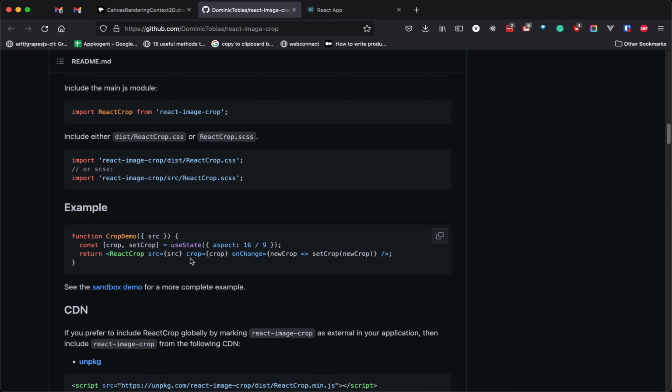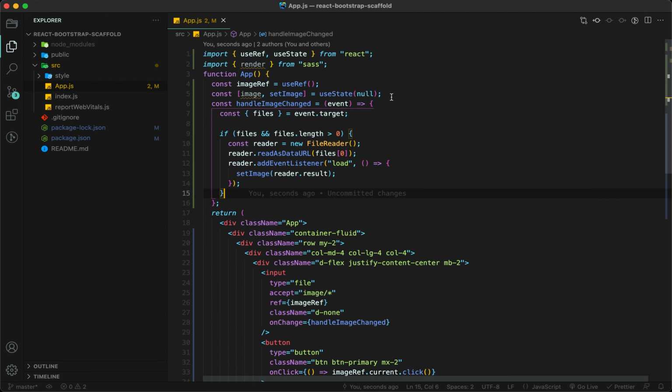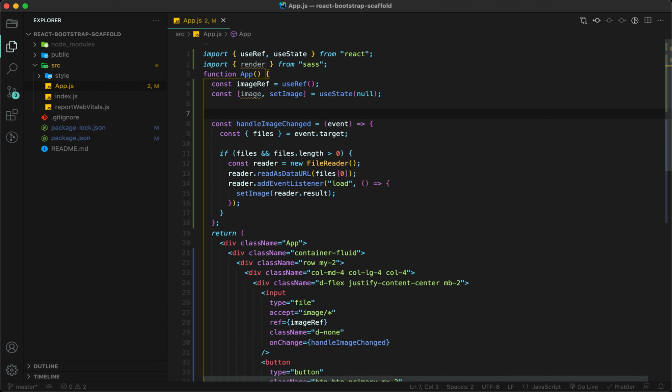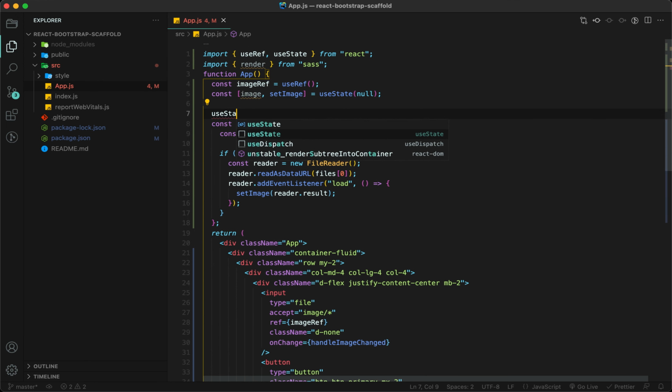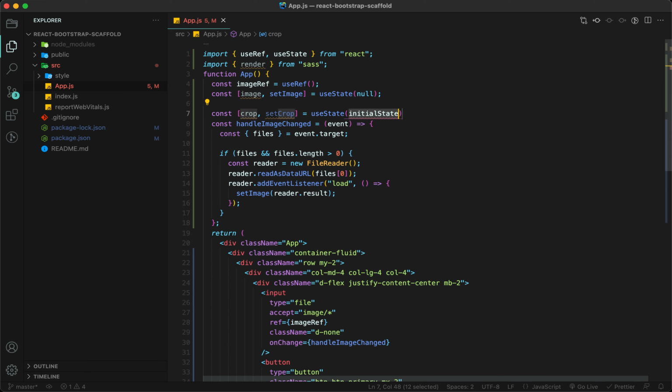Let's see what else is required in image crop. Image crop requires crop, so I'm going to create one more state, useState, called crop. The initial value will be an object with aspect. Aspect means what aspect ratio you want to keep. I'm going to keep 9 by 16 here.